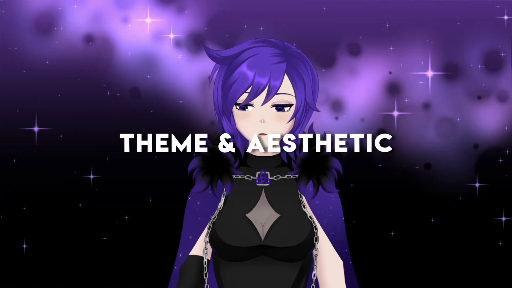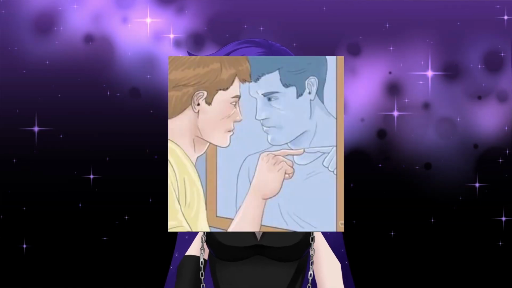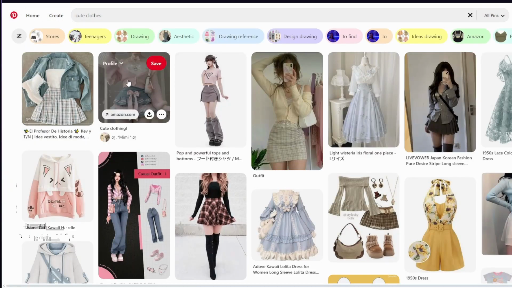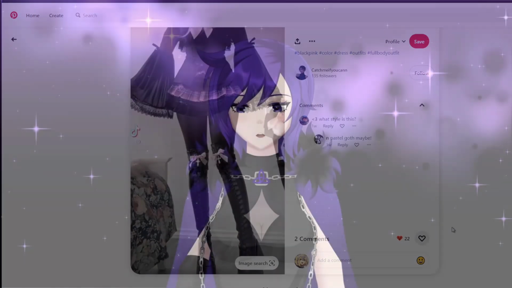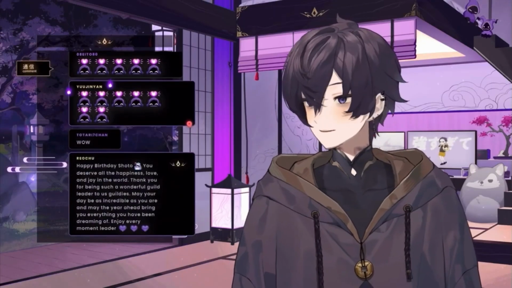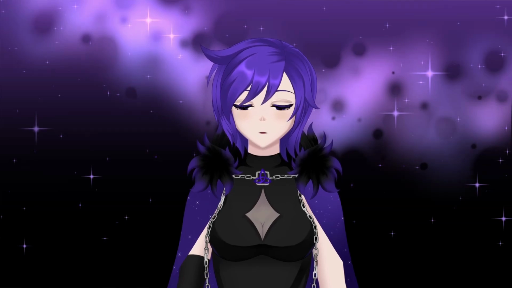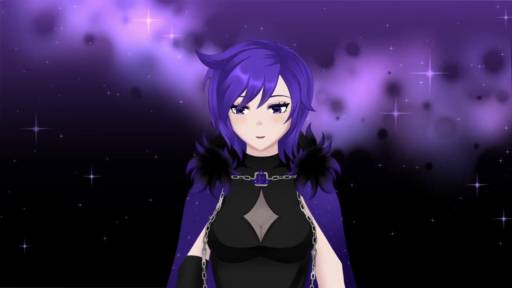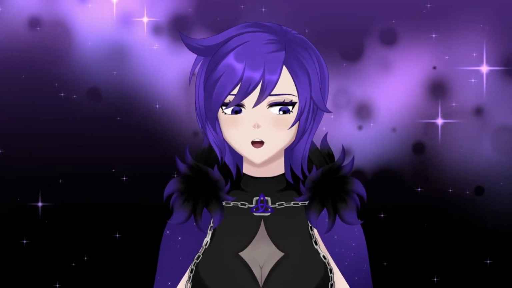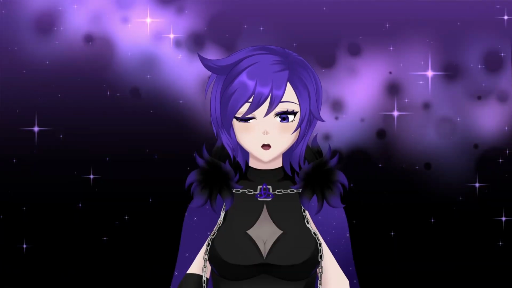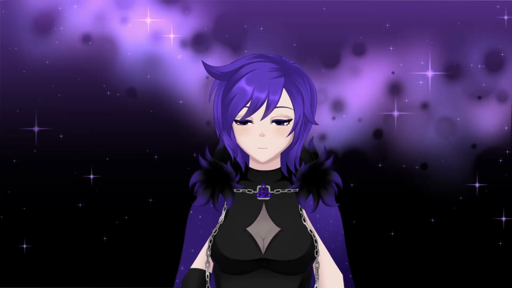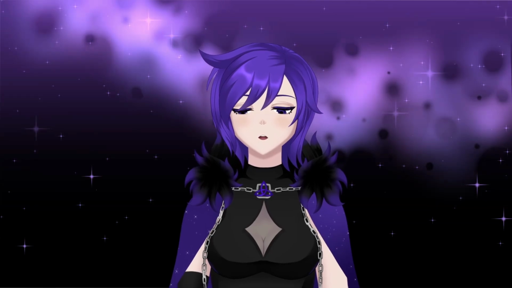And what's the easiest way to choose this than to look at your own self, real life speaking, and ask yourself, what do you like in real life as clothing styles or as accessories, or what do you like to see in other characters you see on the internet, like anime characters or other VTubers. Choose a theme that you feel attracted to, and even something that you feel like you could be confident in wearing outside too, even though we're speaking about anime clothing style here, but you get my point. What I'm trying to say here is that our VTuber is representing us, so the more preferences we implement, the better. Even if we transform these